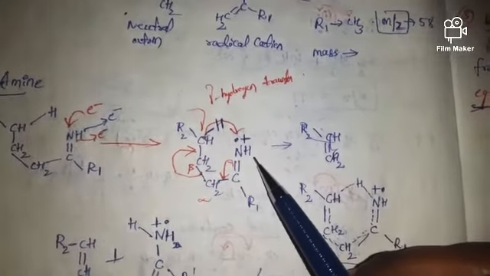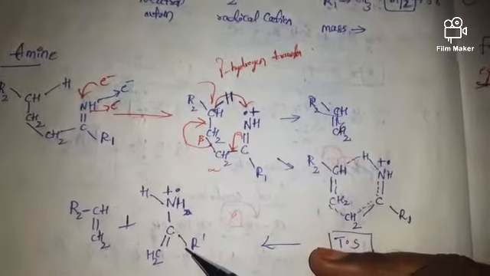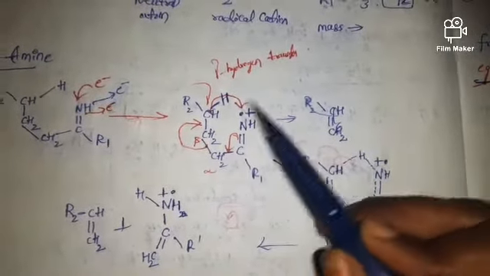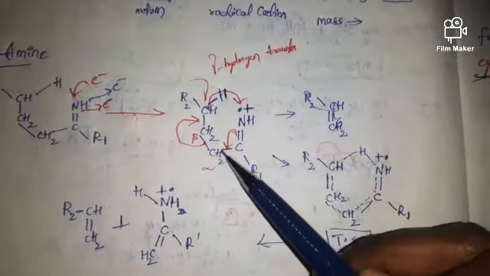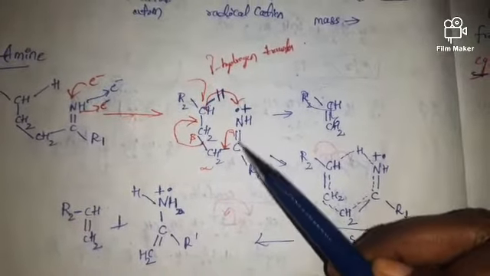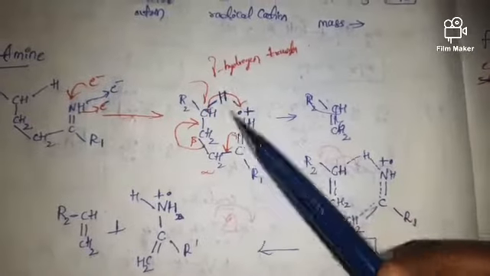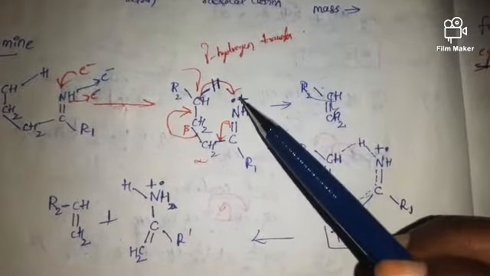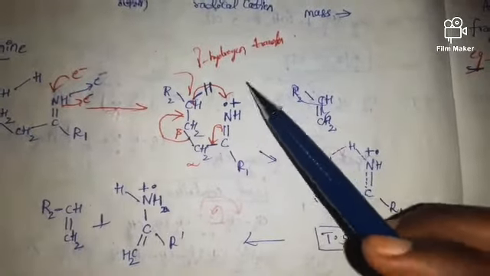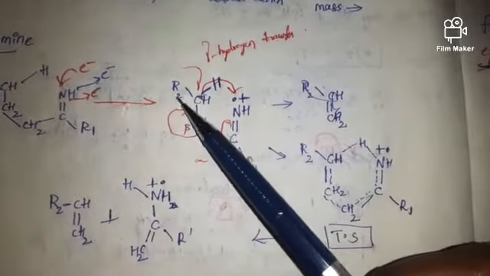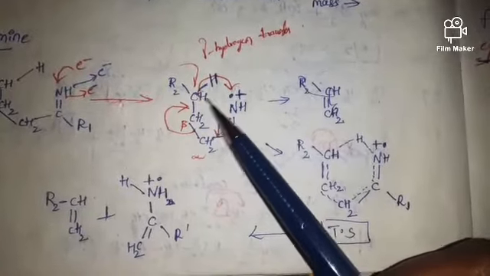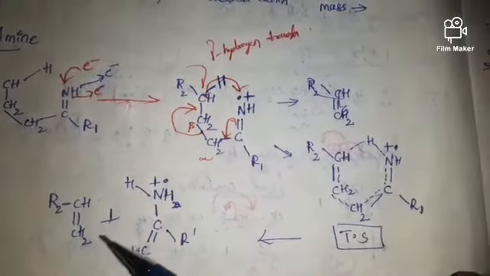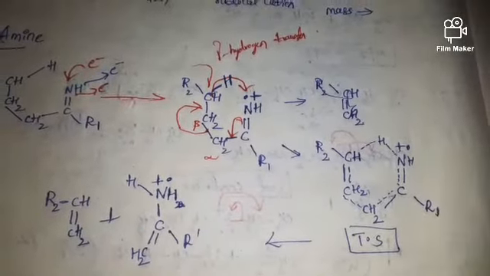Finally, observe this product, friends. Here the bond has broken, so this will remain as usual. So CH2 double bond C R dash C NH, and here the gamma hydrogen has transferred, so we have to add that gamma hydrogen by putting a small bond like this. And as usual, friends, R2CH double bond CH2, and here also the neutral molecule is generated, and of course this is the transition state.